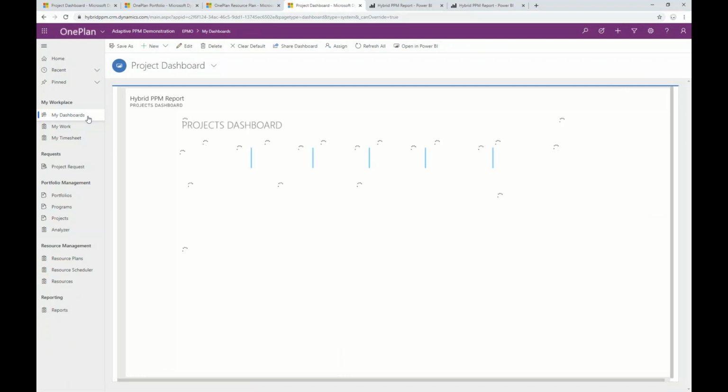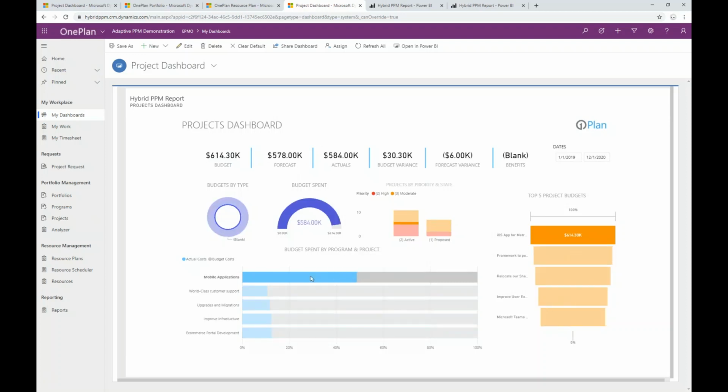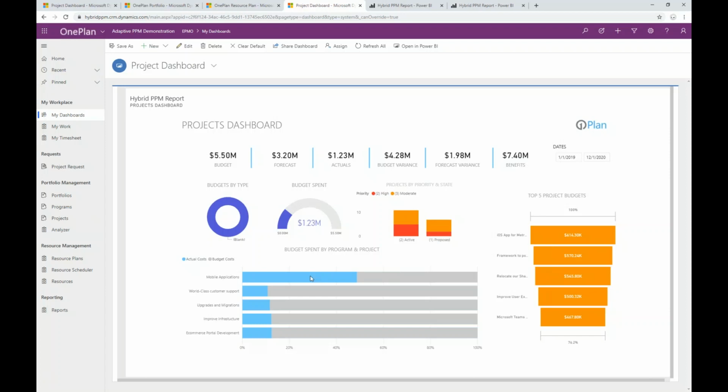And here we're looking at a hybrid PPM report branded with our OnePlan branding, showing a project's dashboard with budget, forecast, and actual information all rolled up from across those projects that we're delivering on that platform, fully interactive, so that users who arrive at this adaptive PPM interface, based again on the Power Platform toolset for Microsoft, are able to very quickly navigate through to a dashboard and view information about a portfolio of projects that are ongoing within